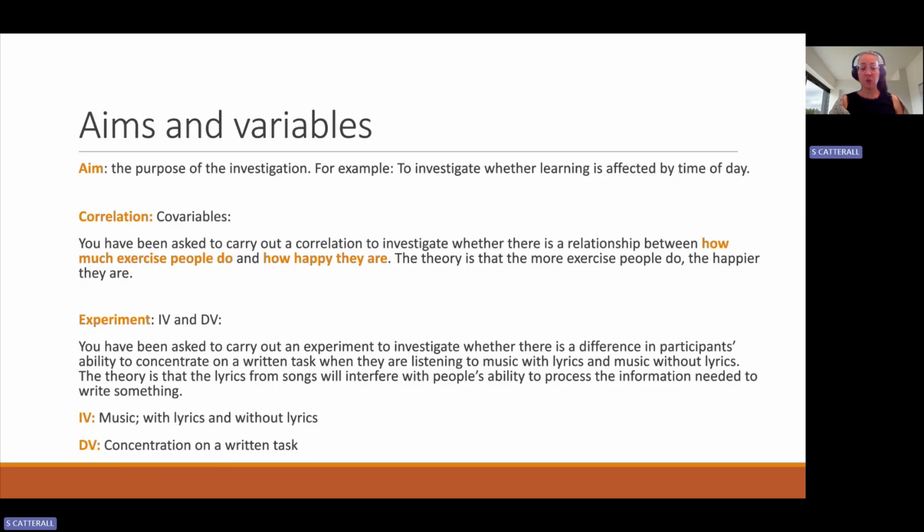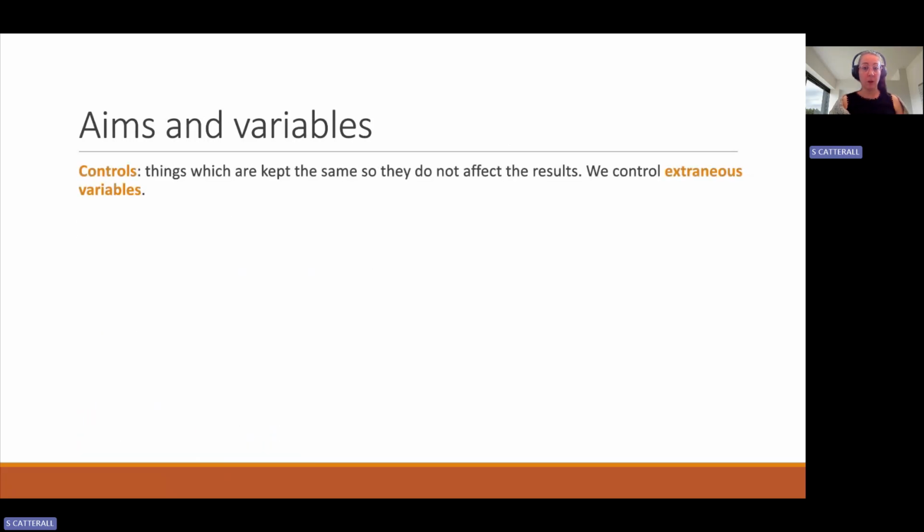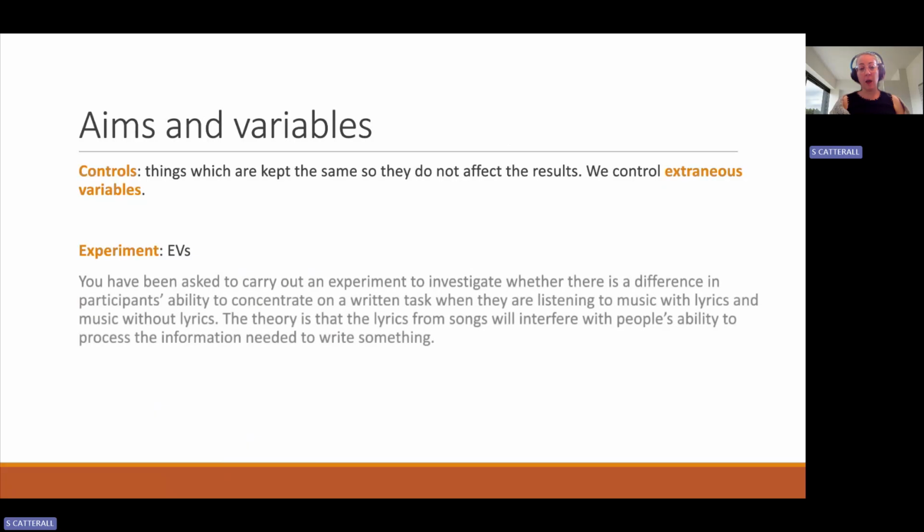Yeah, usually they ask you to either say what the IV and DV is, say what the core variable is, or say how you'd make it measurable. Sometimes if it's saying say the IV, I'd operationalise it anyway, just to make sure you don't drop any marks. We've also got extraneous variables in experiments or third variables in correlations. You can't really control for a third variable in a correlation, but for an extraneous variable, you could control for it. And you could do things like